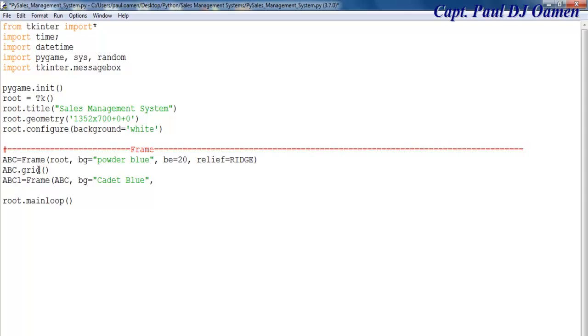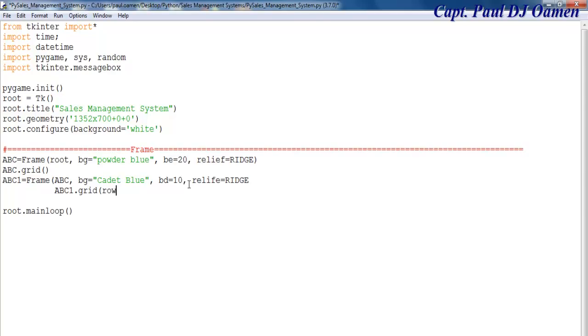Right, comma, then we have border, and I'll make that about 10. Okay, relief, that will be rigid as well. Then let's say ABC1 dot grid,